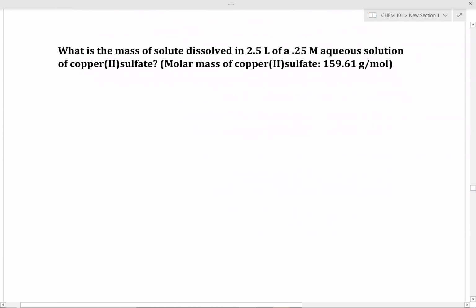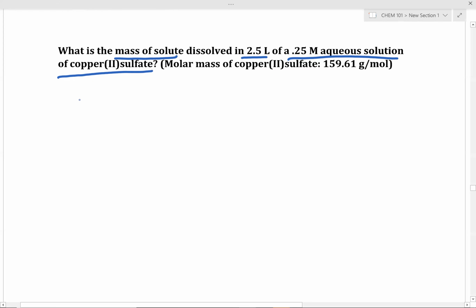slightly more complicated example. In this example, I want us to tell me what is the mass of solute dissolved in 2.5 liters of a 0.25 molar solution of copper 2 sulfate. I'll start us off with the first type of example of this form, and you'll do the second. So then,